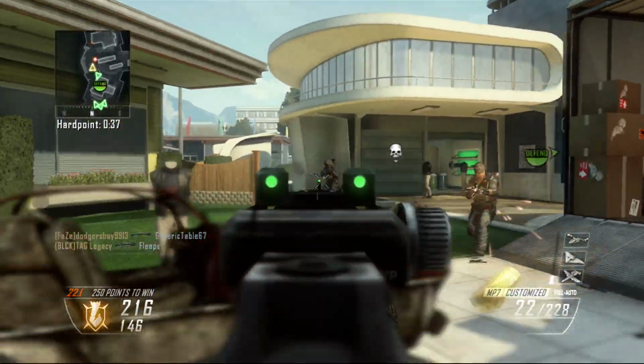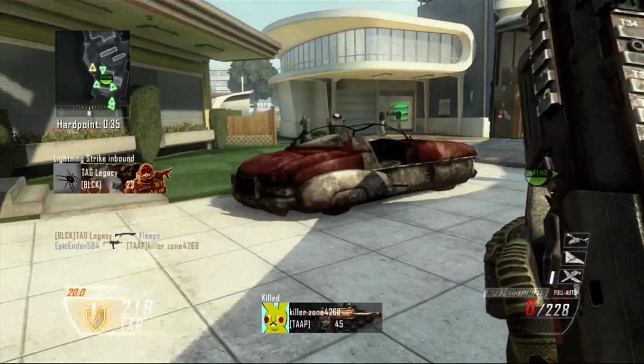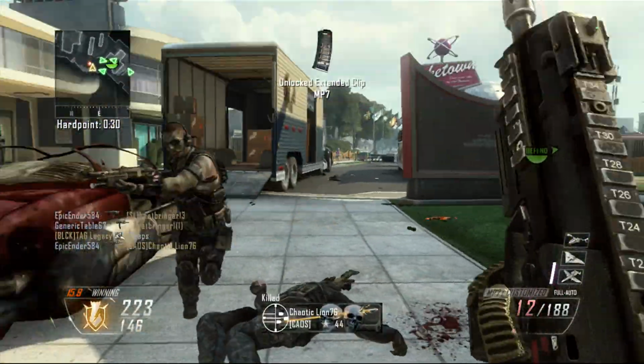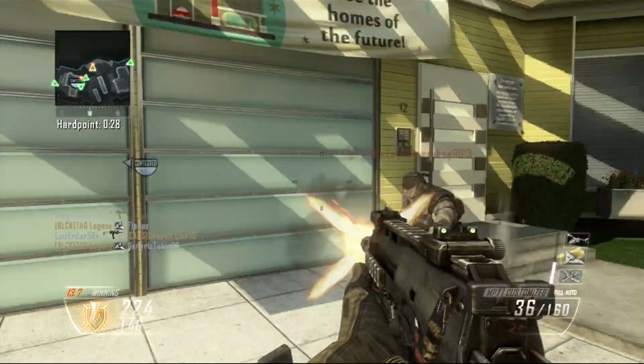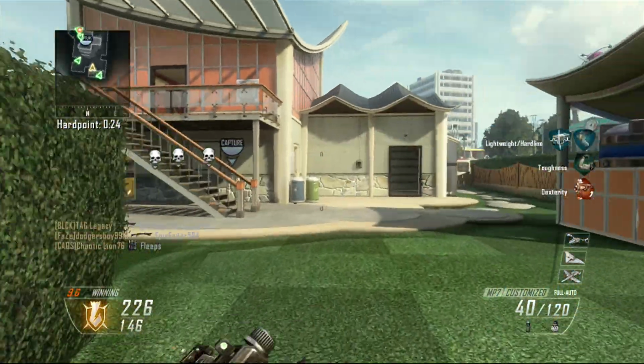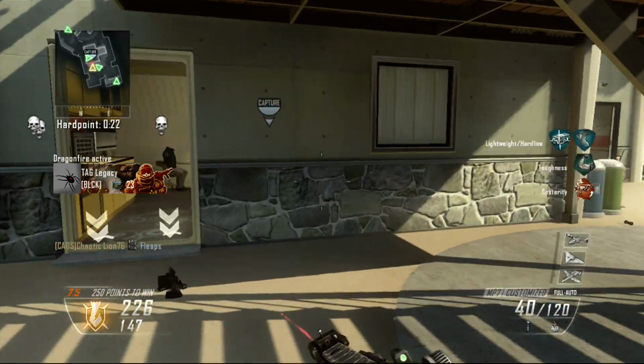Toughness would help a lot with that, but I don't know, maybe I will end up using Toughness. But I'm probably going to end up using Dead Silence, maybe Dexterity, because Dexterity is just so useful in this game. I don't know why, but that guy could not kill me. It was pretty silly. So wrapping up this gameplay, guys,